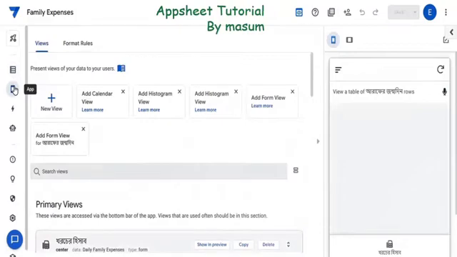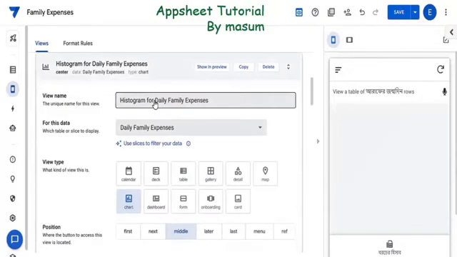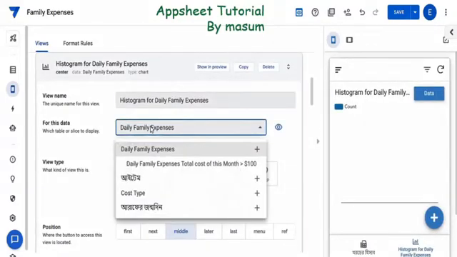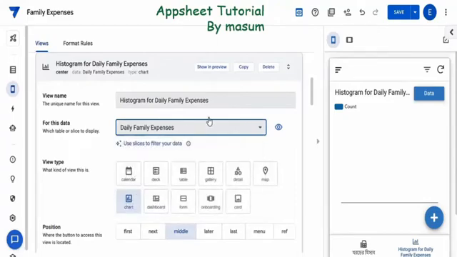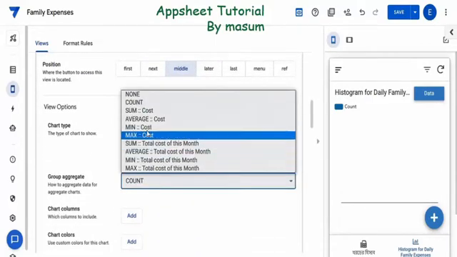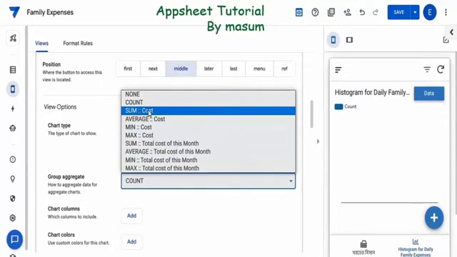For the report, go to the app, then add a histogram view report. Click on histogram view report. View name histogram for daily, and I show the report chart. It will be in the middle. In the histogram, I will generate the report for cost sum,